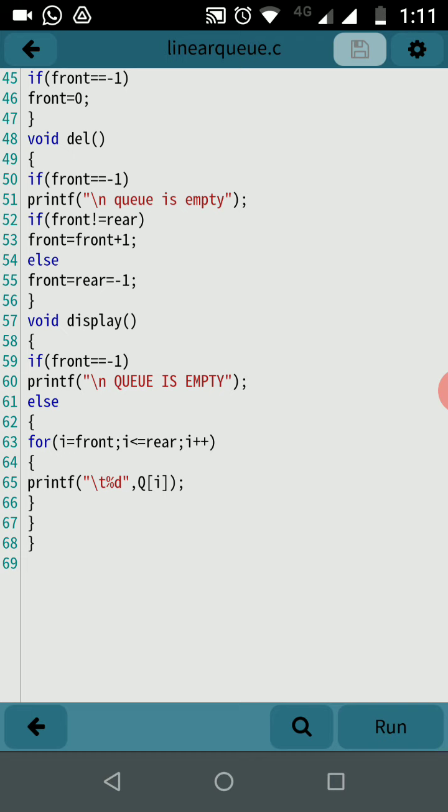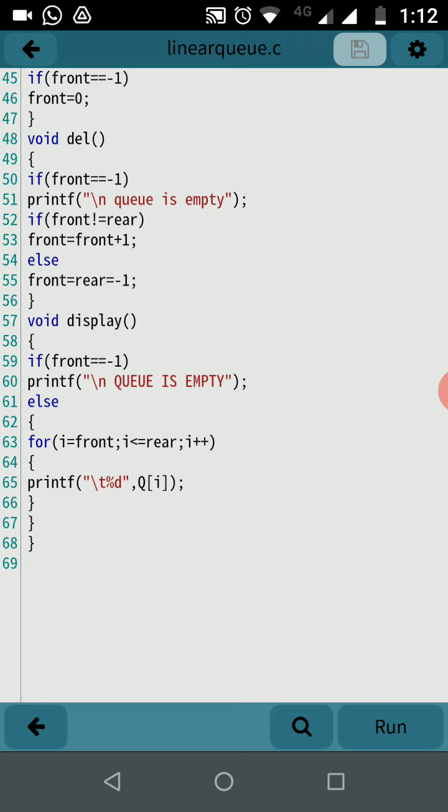there are two conditions. So if we are deleting the element which is the last one in the queue, at that time your front and rear both are pointing to the same element. So if this is so, we have to set the front and rear to -1. Otherwise we have to just increase the front to the next position. So if front is not equal to rear, you have to set front equal to front plus 1, else front and rear both you have to set to the initial condition, that is -1.